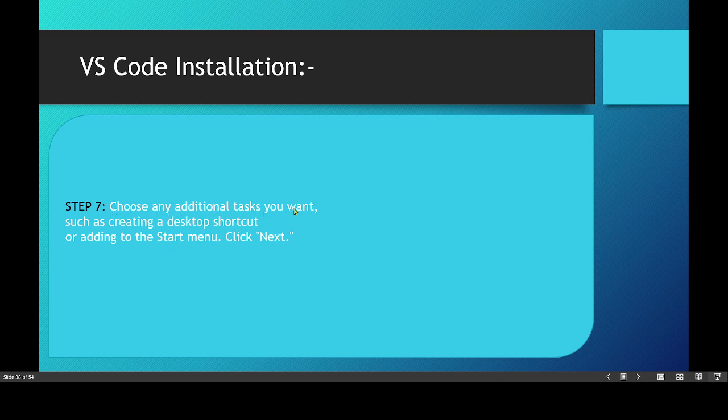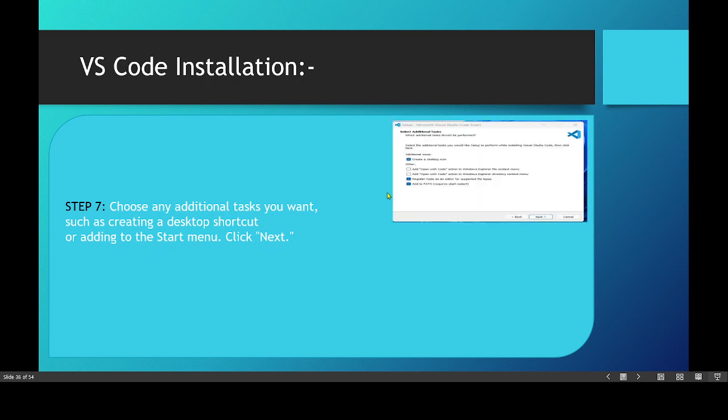Choose any additional task you want, such as creating a desktop shortcut or adding to the start menu. Click next. It will ask whether we want to add an icon to the desktop, or when we don't want to access it from the desktop, we can access it from the menu bar. After that, click the checkbox you want and click next, it will navigate to the eighth